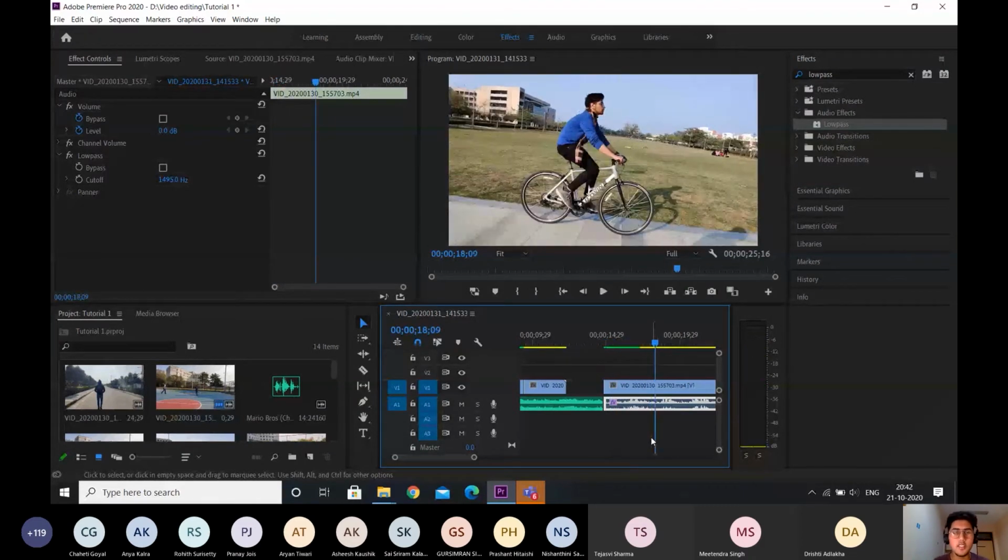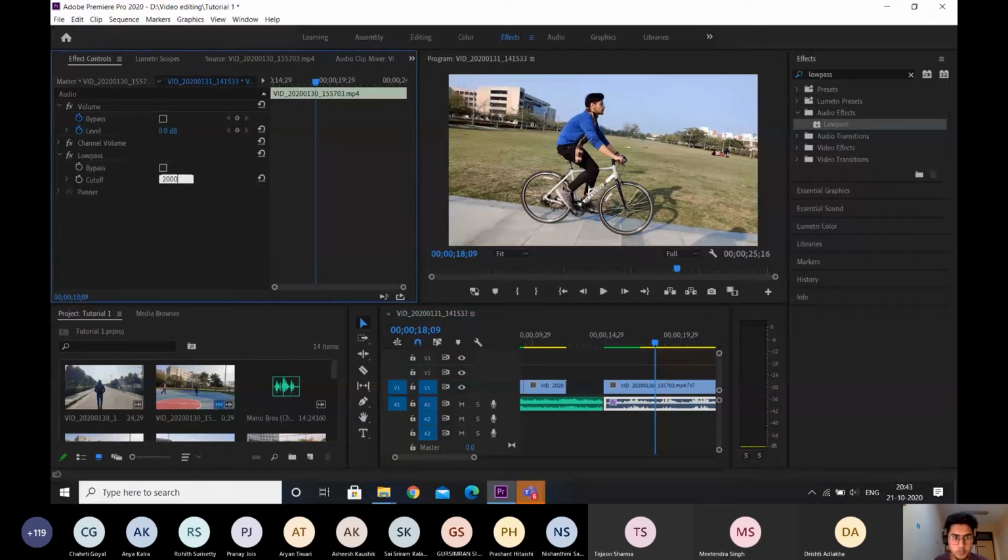So you can hear that there is some weirdness in this audio. What is happening over here? So if you see, there's an option called cutoff and it says 1495 hertz. So basically the audio range of humans is 20 to 20 kilohertz. And what low pass does is it actually passes only that amount of volume which has a frequency less than this. Now why do we need to use this?